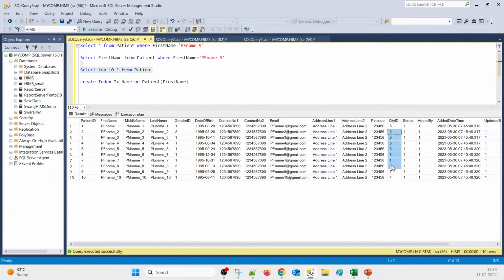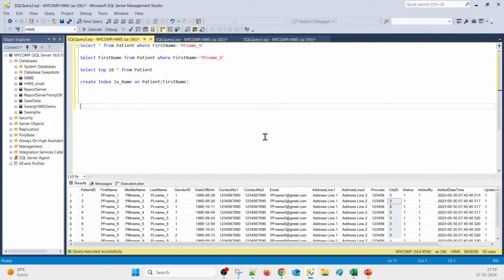Okay, so what I have to explain to you is the non-clustered index. First of all, a clustered index contains the leaf pages and has the actual data. But a non-clustered index contains the key value and row locator. Row locator, it means,